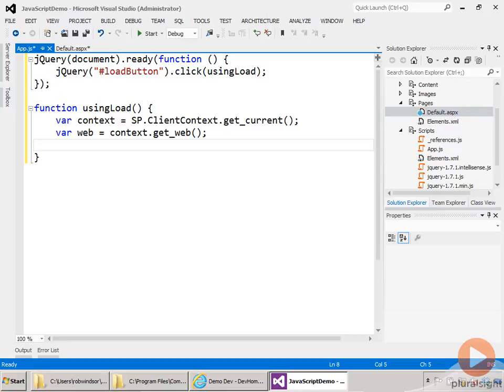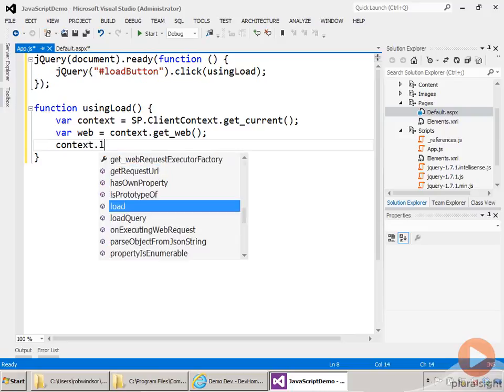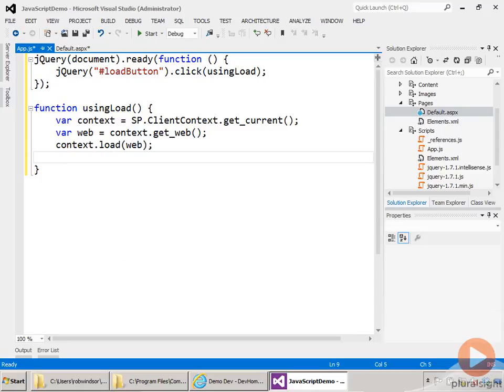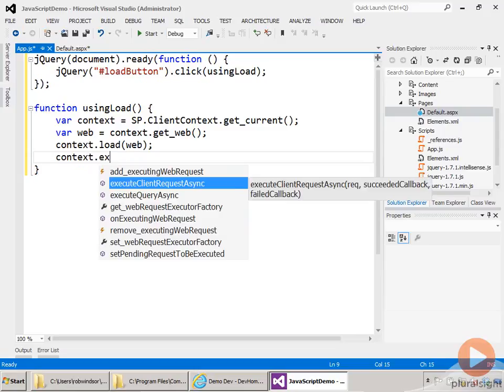And then I need to load the web, just like we did before. So context.load, passing in the web. And now I need to call my execute query. So context.execute